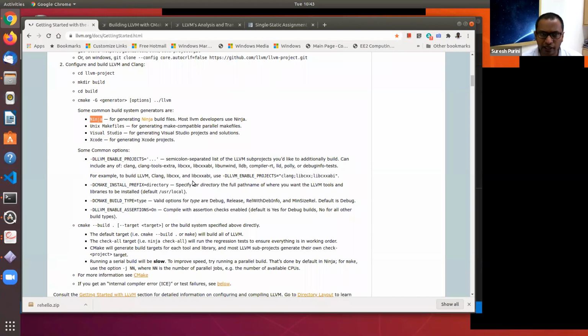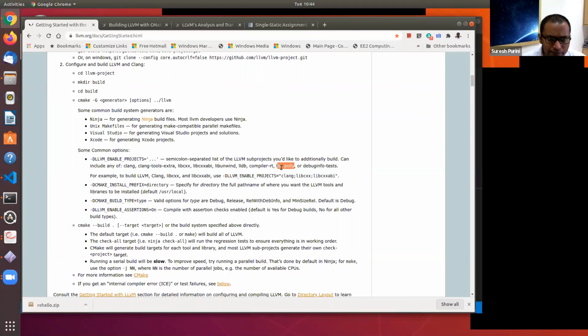To do that, you have to install the Ninja module on your machine. Then you can use these options to enable LLVM projects. For example, I enabled Clang tools extra, LLDB, and LLD, and also polly and debug info tests. I'm not sure about the debug info tests, but LLD and polly are enabled.